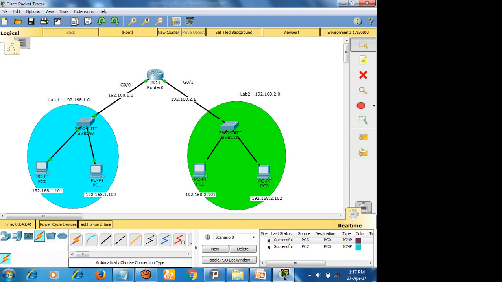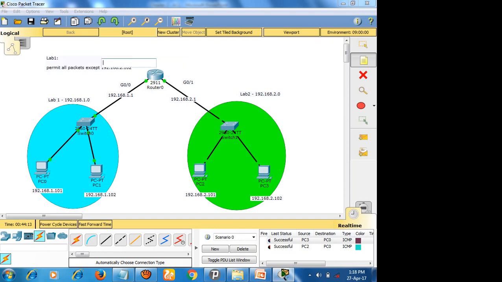So how do I do that? With the help of the ACL. So for this lab 1 network, it should permit all packets except 192.168.2.102, right?